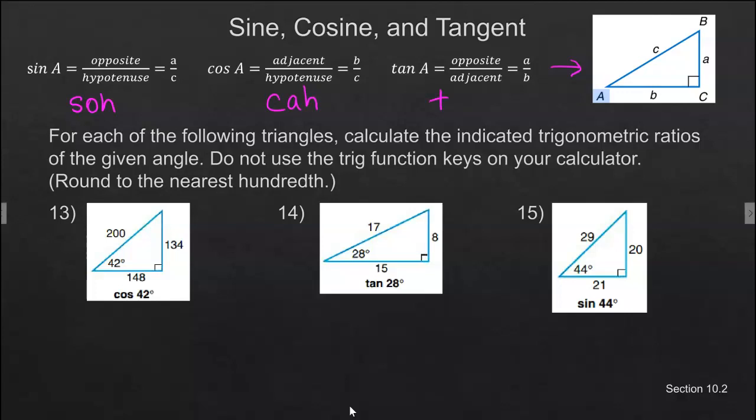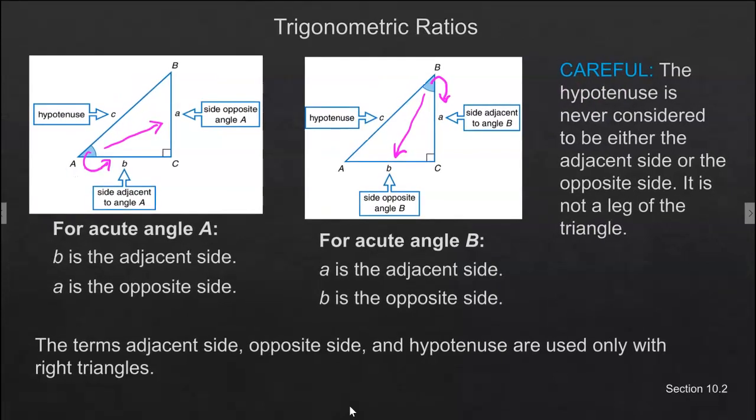And then the tangent is opposite over adjacent, and we call this SOHCAHTOA. It's just kind of a silly thing, but honestly, I've remembered it for years this way, and so there's nothing wrong with doing that. I forgot to tell you back here, I didn't have room on that other screen, that